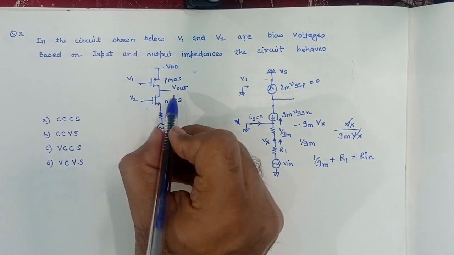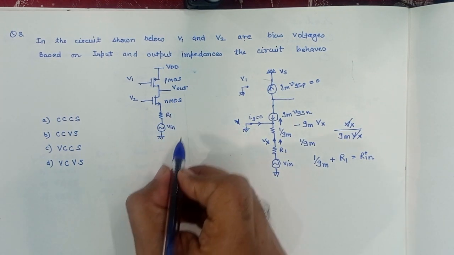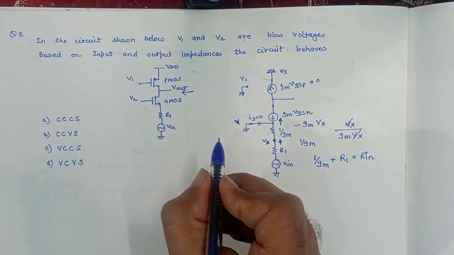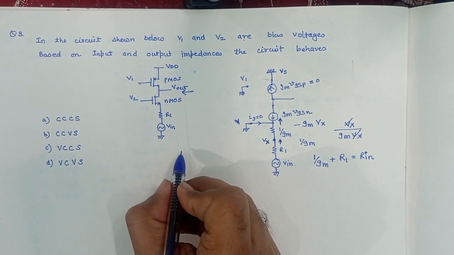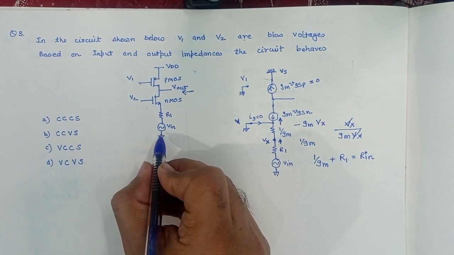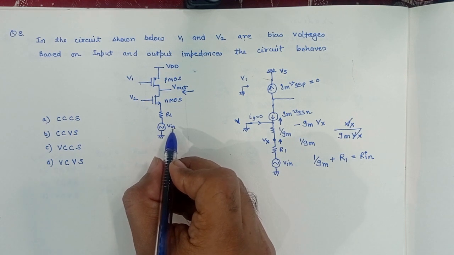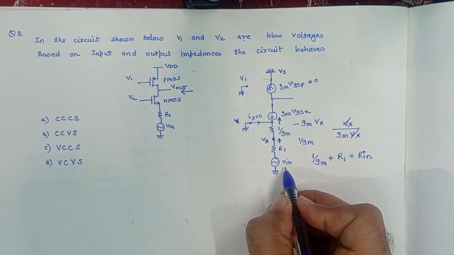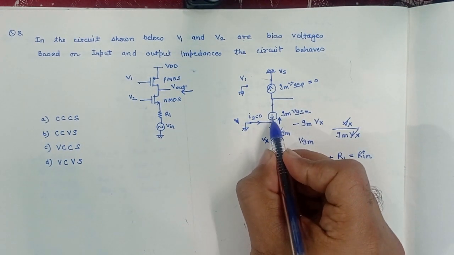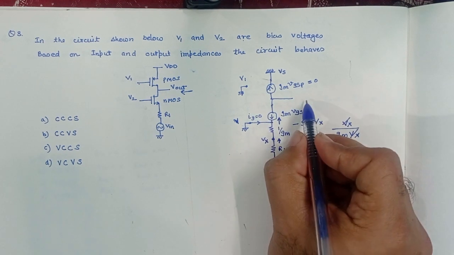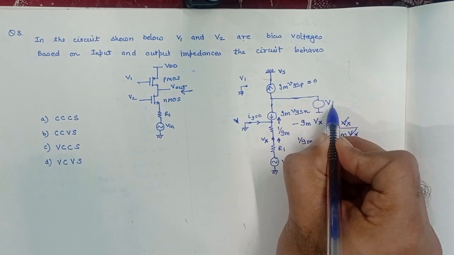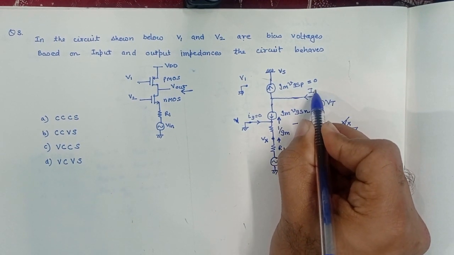Now we take the output impedance into account by looking into the circuit from this direction and applying a test voltage. If we take the small signal equivalent of this circuit, by putting Vin equal to 0, then this current will also become equal to 0, and if we apply a test voltage here, Vtest, the current here, Itest, will